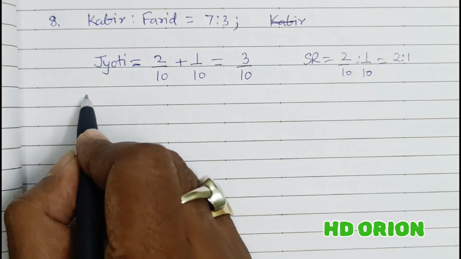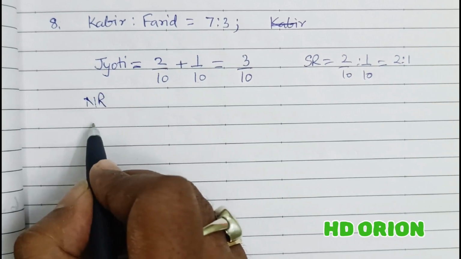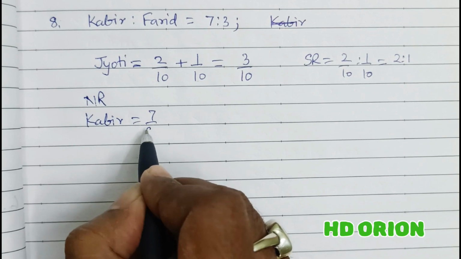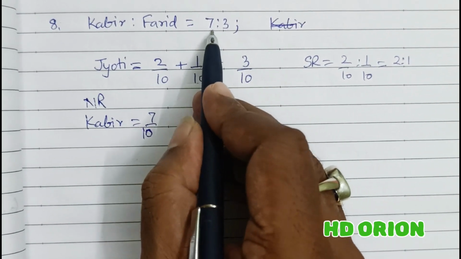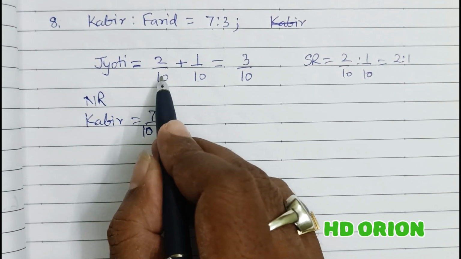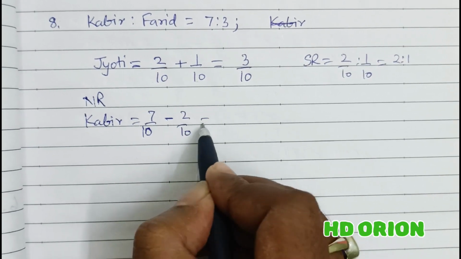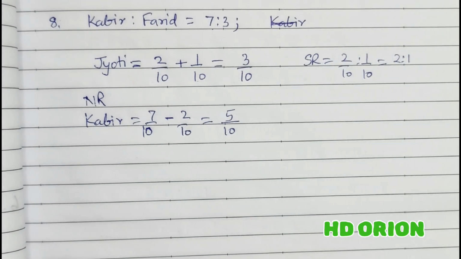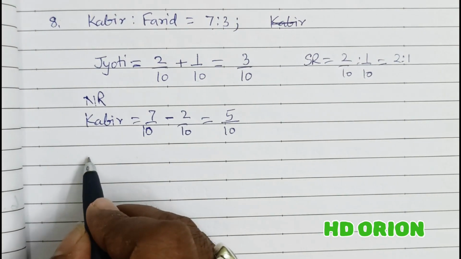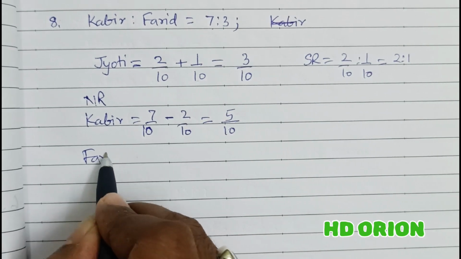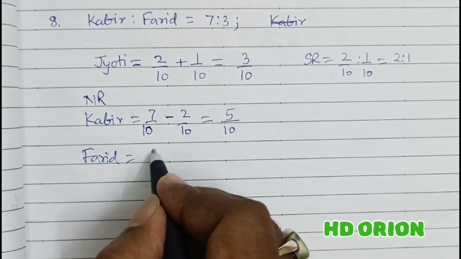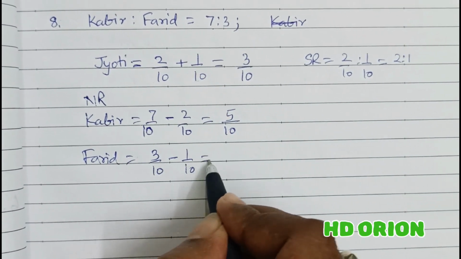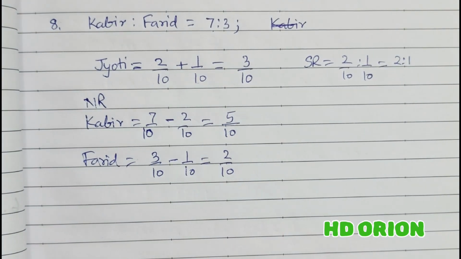So now the new ratio. New ratio for Kabir. Kabir was getting how much? 7/10, minus Kabir sacrificed 2/10. So the remaining profit for Kabir is 5/10. Then Farid. Farid was already getting 3/10, minus he has sacrificed 1/10 to Jyoti. So 2/10 is the remaining